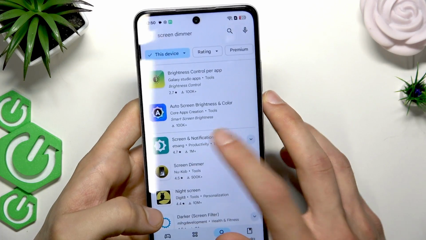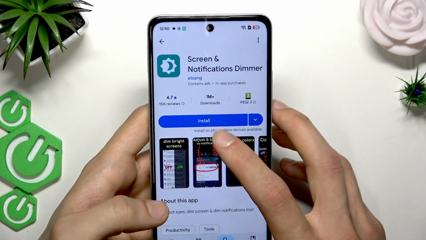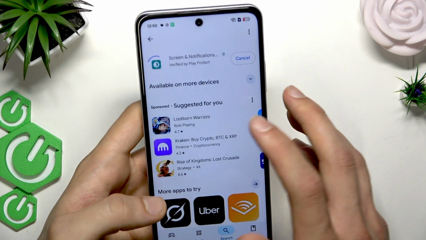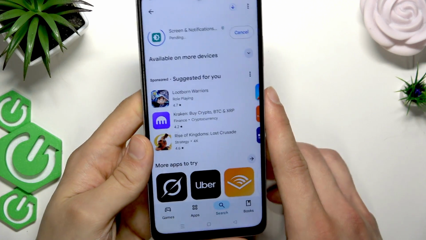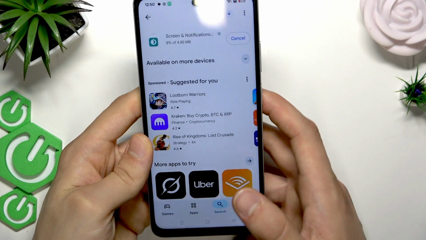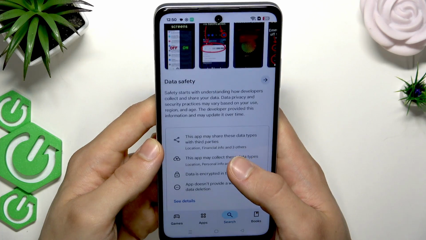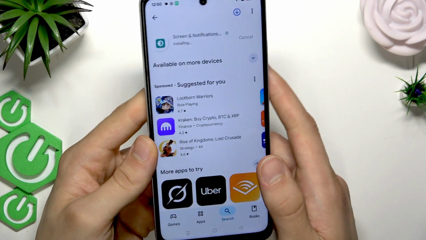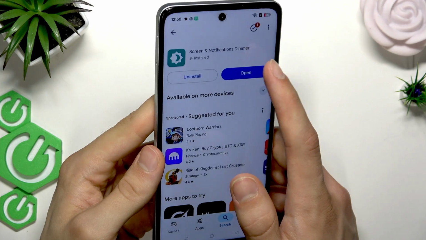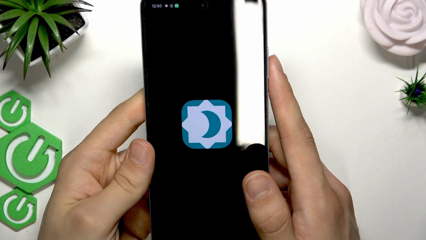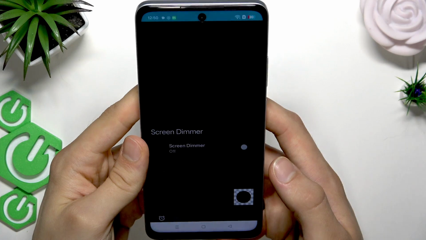I suggest that you use this one. This one looks pretty reliable, reputable, it has good reviews, 1 million installs. Okay, open this application